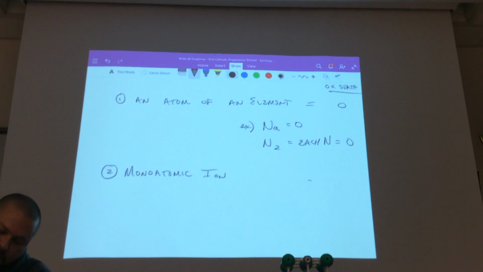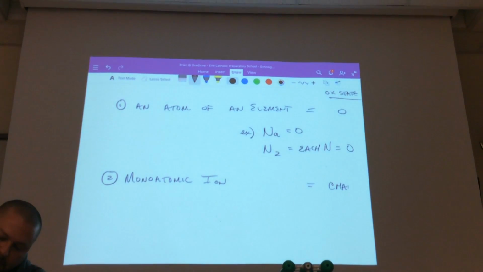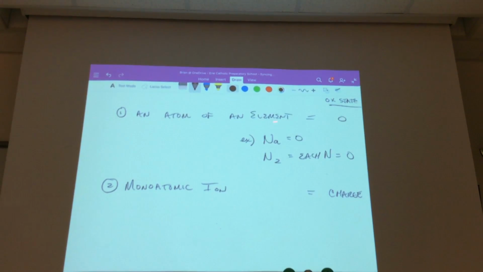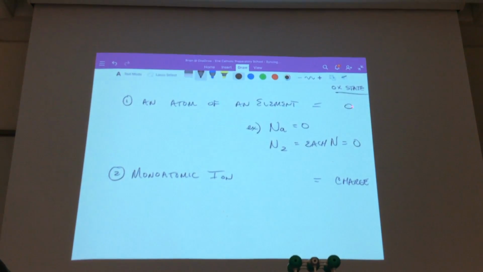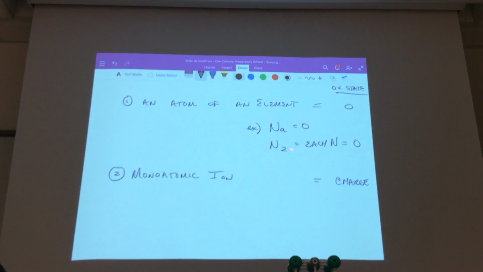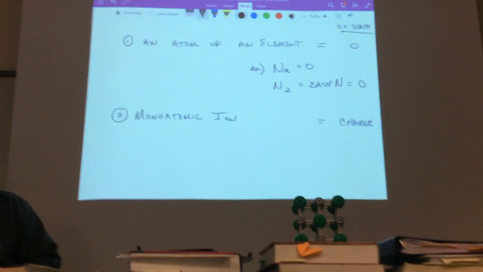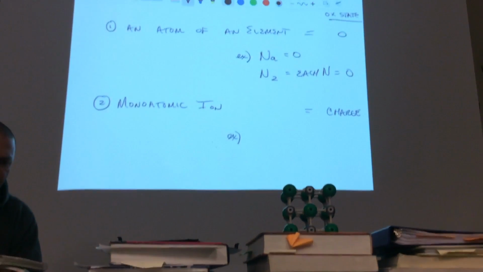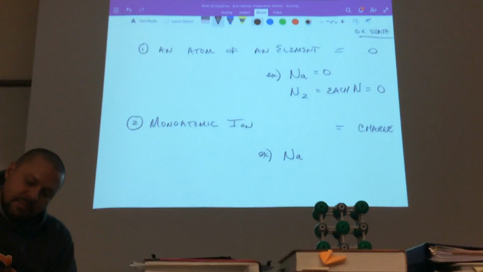So what I changed here is I put an equal sign, so it equals 0. So here's an equal sign, it equals charge. There's my example of how they equal 0. Now I'll give you an example of how they equal charge. So example, let's say I have Na plus